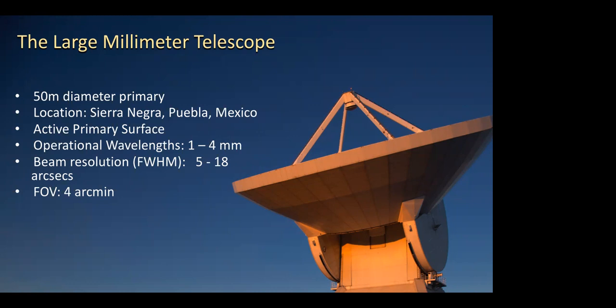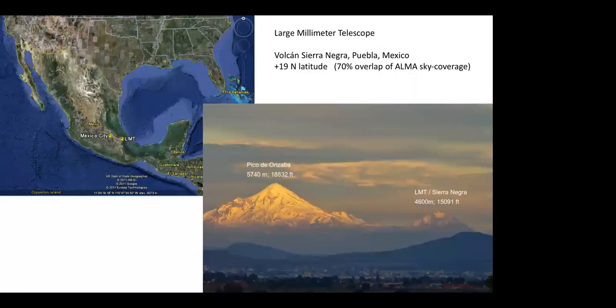But if you think about the resolution and the number of pixels we can put on the sky, this is actually more than adequate for a number of things we can do. And I'm going to show some examples of what all of these things translate into science shortly. So first, the location. As you can see on the left plot, LMT is located just about 200 kilometers east of Mexico City.